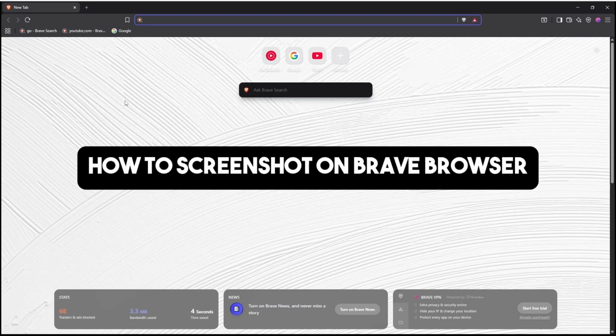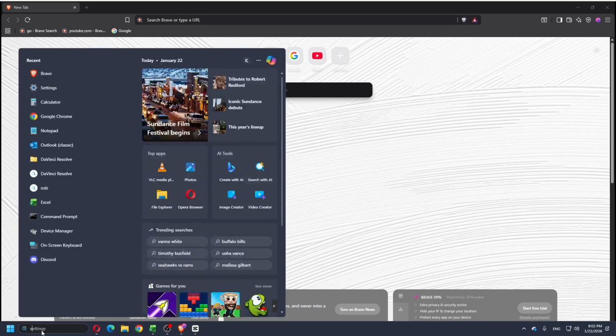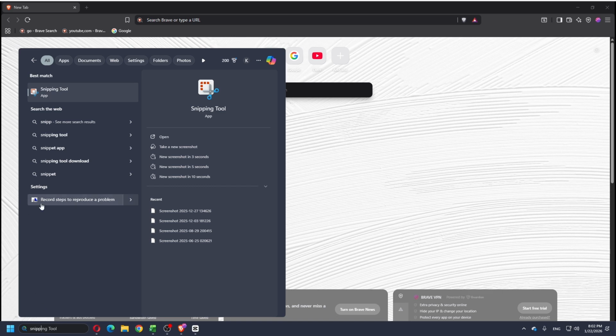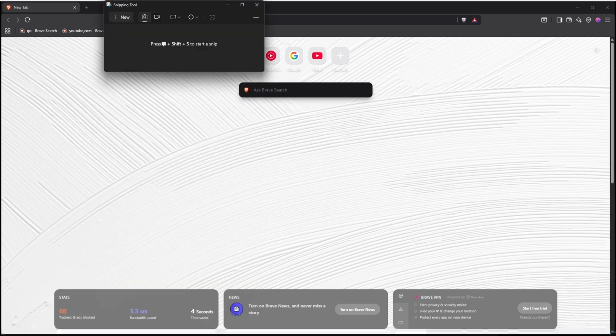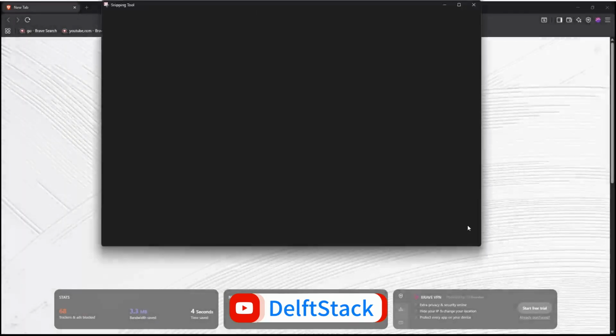Today I will be showing you how to screenshot on Brave browser. In order to do this, you could also utilize the built-in feature in your Windows by tapping on your keyboard Ctrl Shift S, or you could go to the Snipping Tool over here. By default, this application is available. As you can see, you can simply select new and you should be able to take a specific screenshot,